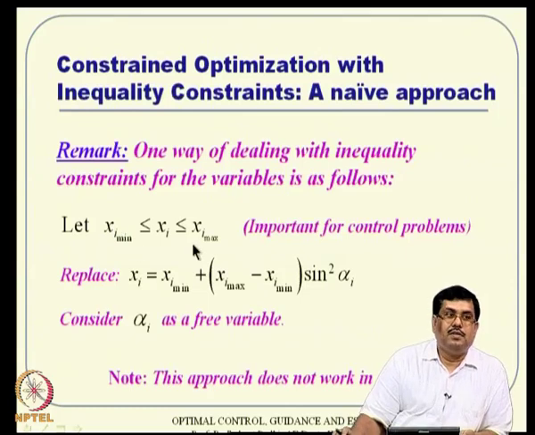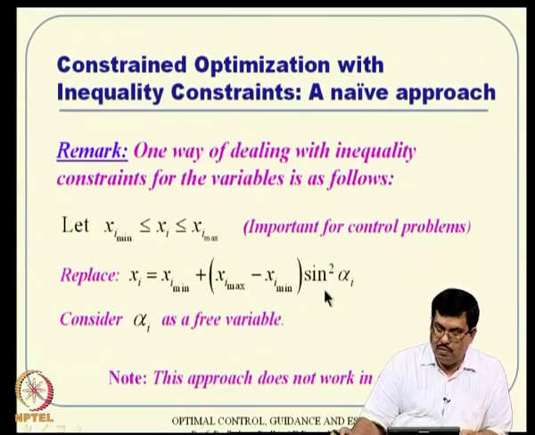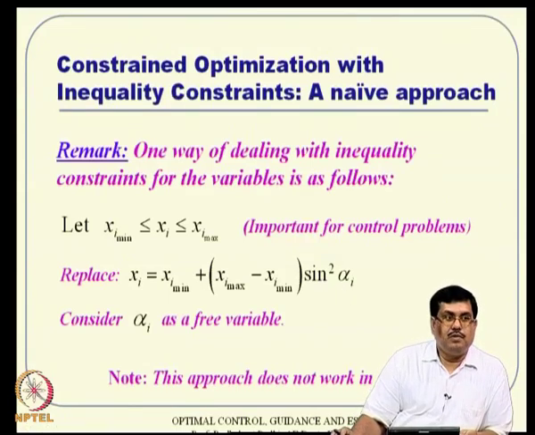So, that is one idea, but also note that we have actually introduced a nonlinear transformation here. That means x i and alpha i are not really linearly related, and you have this humongous problem of so many values of alpha i which will give you the same x i, because sin square alpha i is not a unique function in a way. So, we will end up with a huge amount of problems here, because most of the time if you just do it and carry out numerical optimization, which typically we have to do at the end of the day, it is not a very good way of doing that.